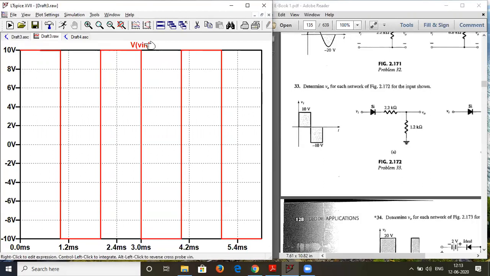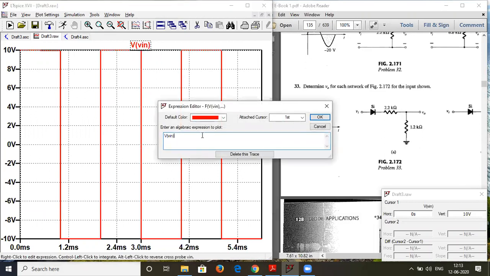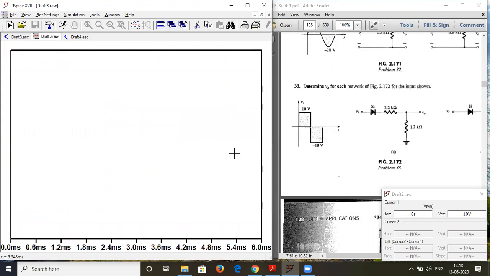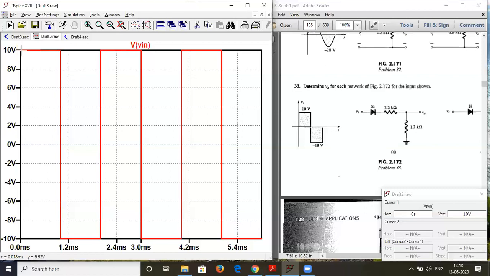Let me check that. Okay, so this we have to define it a little differently. This function will not work properly because what is happening is exactly at 0 time, this is starting at 10 volts and we want at 0 time, actually here also it is 10 only, so it's perfect only.